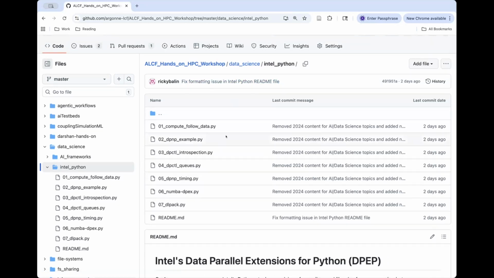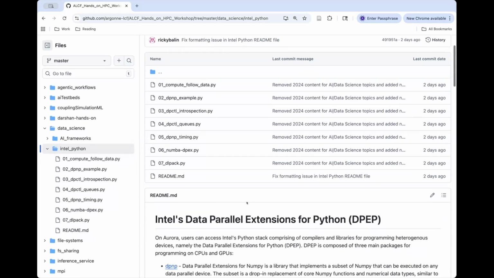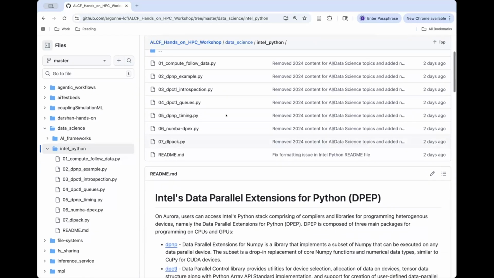And to go over the material, I'm actually going to follow a README that is on our ALCF hands-on HPC workshop GitHub page, and then you can go inside of the data science directory and then further into Intel Python, and that's where you'll see both this README that I'll be using to cover the material, and then you also see 7 examples here. And while we won't be doing a live demo with these examples because Aurora is unavailable,